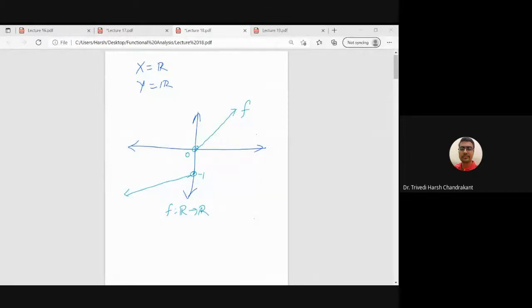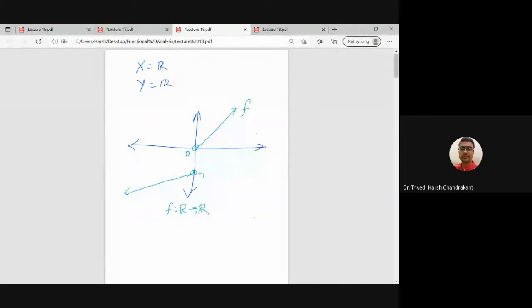Is this function linear? Sir, if f would be linear, then it would be continuous. But according to the last theorem, it's not linear. Without using that theorem, from the graph itself, can't you see that it is not a linear function? Yes, sir. Right. From the graph itself, it is clear that it is not a linear function, because if we